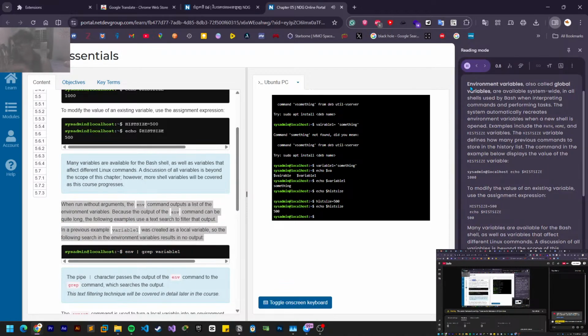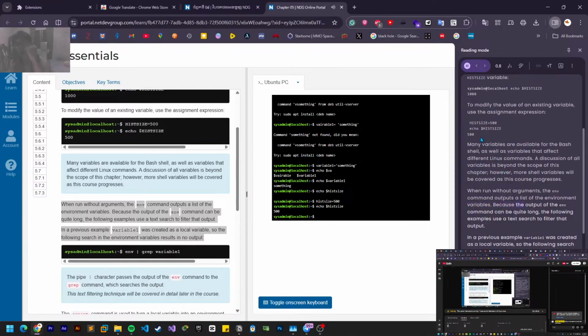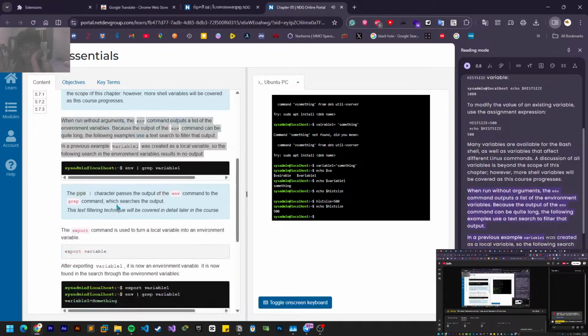When run without arguments, the env command outputs a list of the environment variables. Because the output of the env command can be quite long, the following examples use a text search to filter that output. In a previous example, variable 1 was